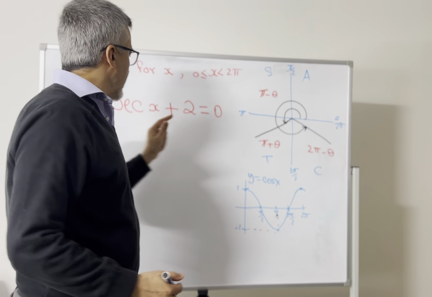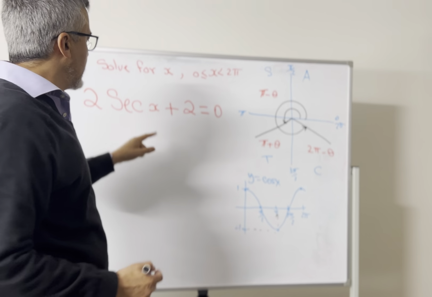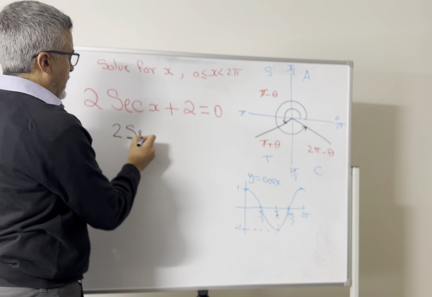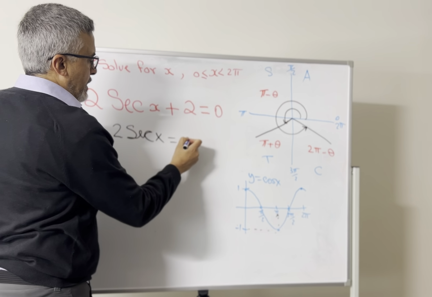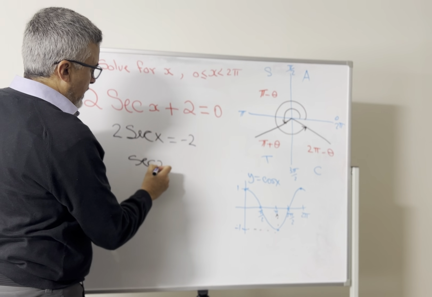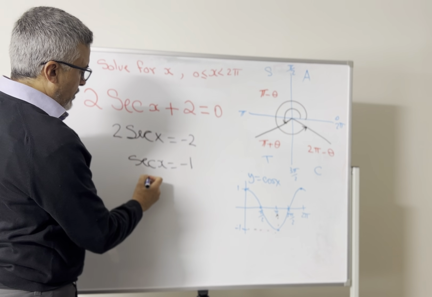We continue with trig. This is the secant x, so it's the reciprocal trig functions. So to do this right here, all I need to do is just go 2 secant x equals -2. Divide both sides by 2, so I get secant x equals -1. Now this is 1 over cos